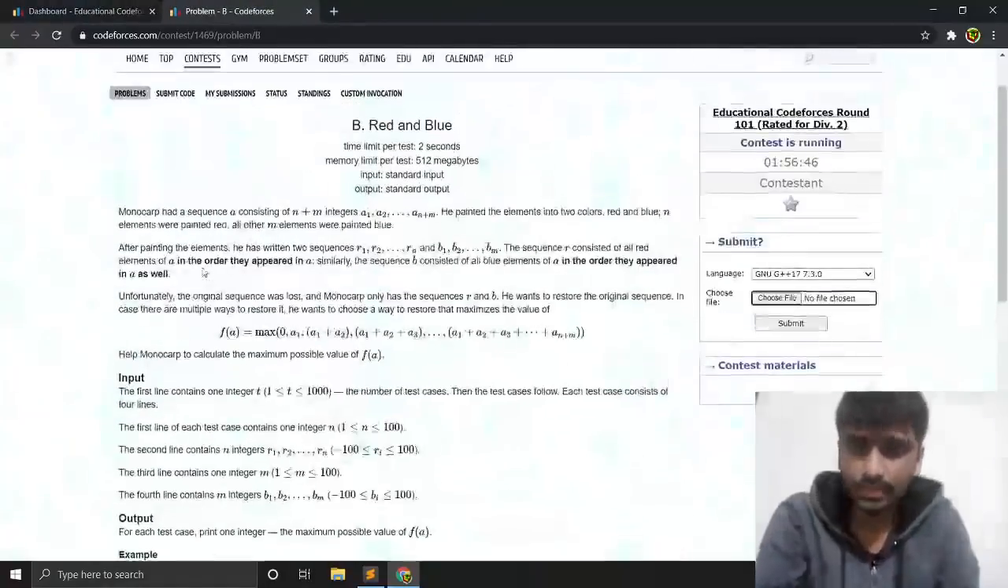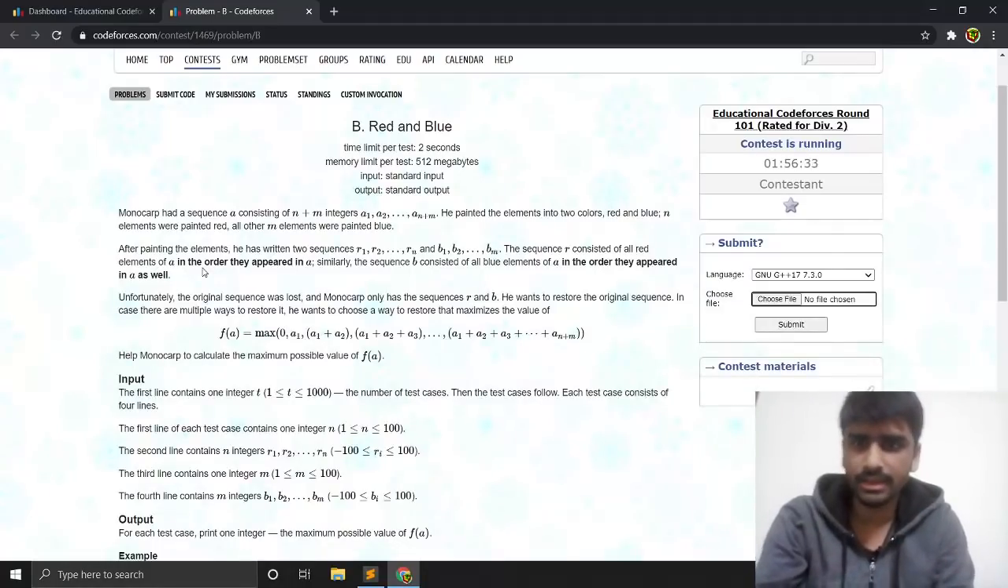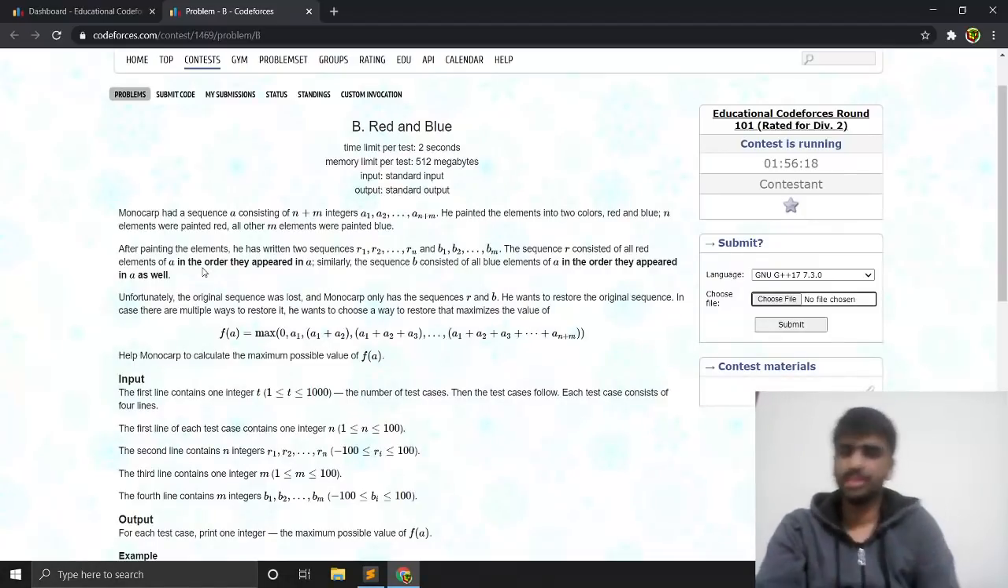Okay, so we're at problem B now. This is Red and Blue. Monocarp had a sequence of n plus m integers and he painted the elements into two colors, red and blue. Yeah, n are red and m are blue. So R is the sequence of red colored elements and B is the sequence of blue colored elements,